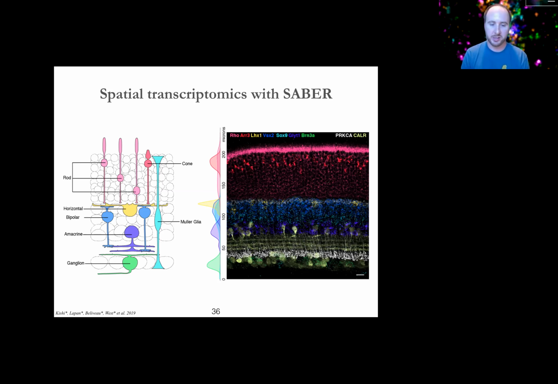So we did this in mouse retina using already known markers from Connie's lab, so we kind of expected to get the picture we're getting. But it's still very satisfying, all that said, to see it. And I think from a discovery angle, the SABER technology is fantastic and really well suited for applying the same kind of methodology where the underlying cell types and their distribution aren't as well known.